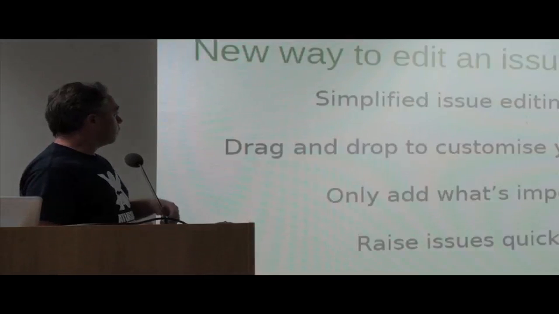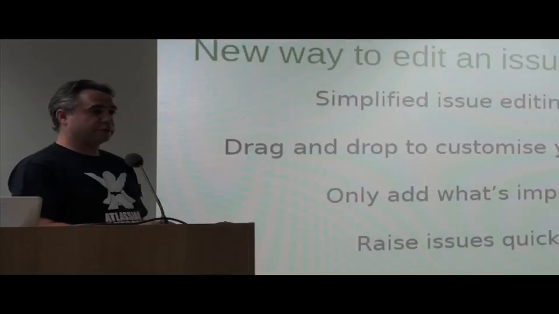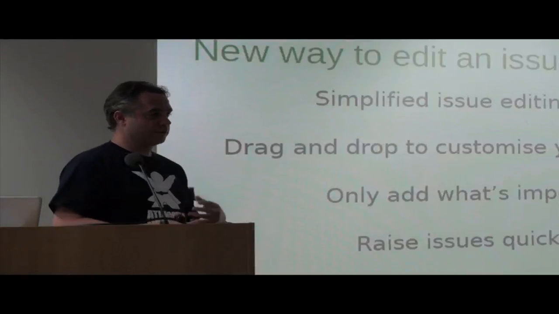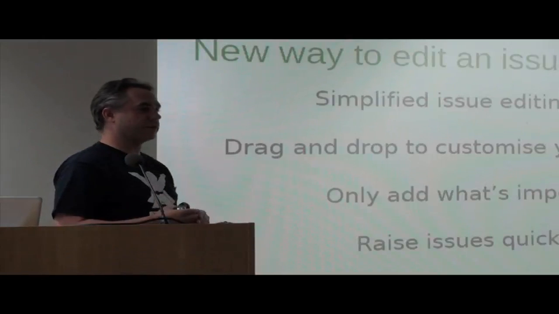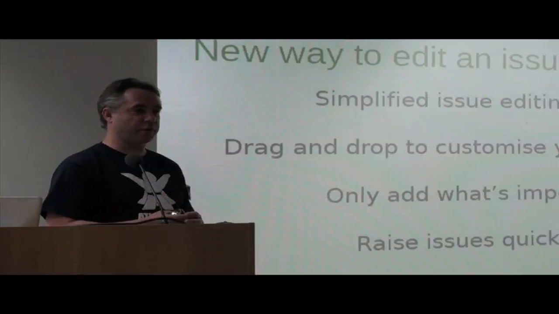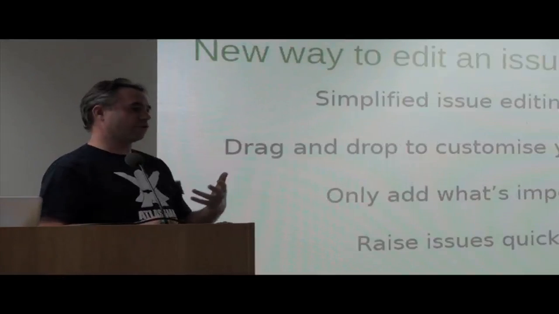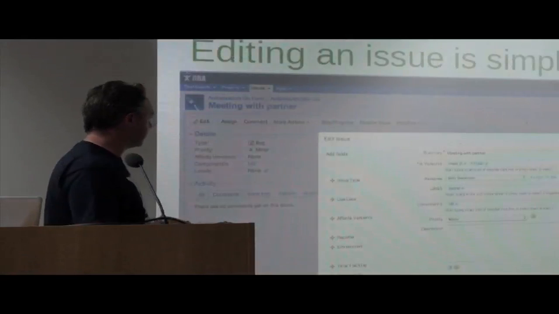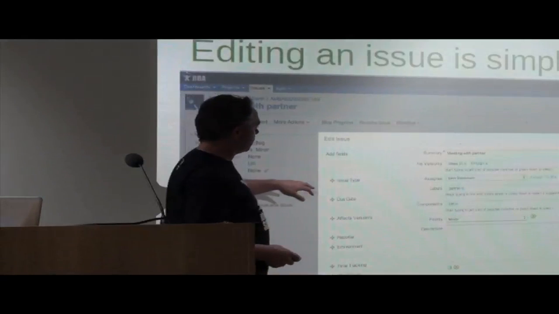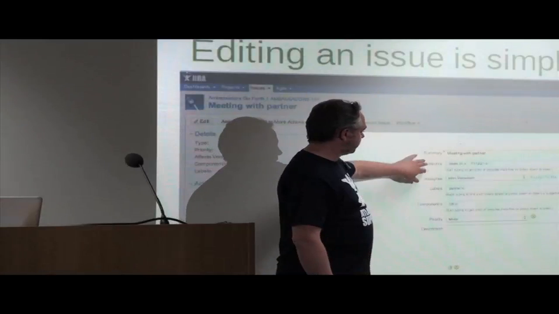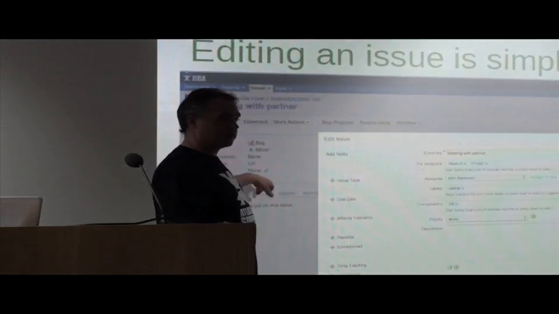So we've got a new way to edit an issue. When you click on edit in the new version of JIRA, you can have your own customized view of that form. You can basically drag and drop the sections you want. It's not showing up very well here, but we've got a much more simplified version of the form that you would see in a normal web page,